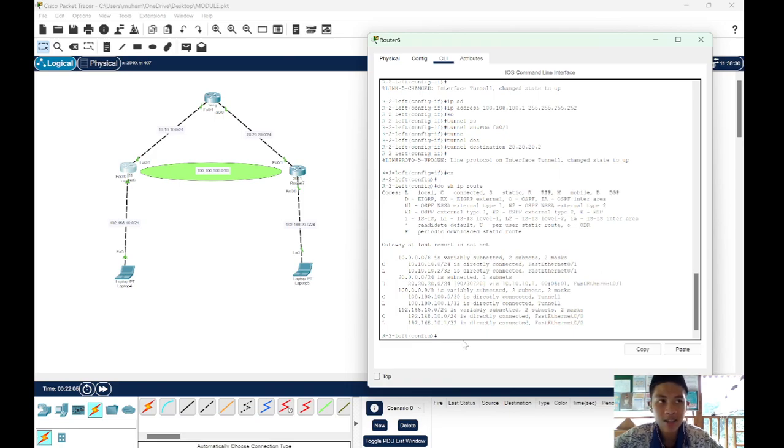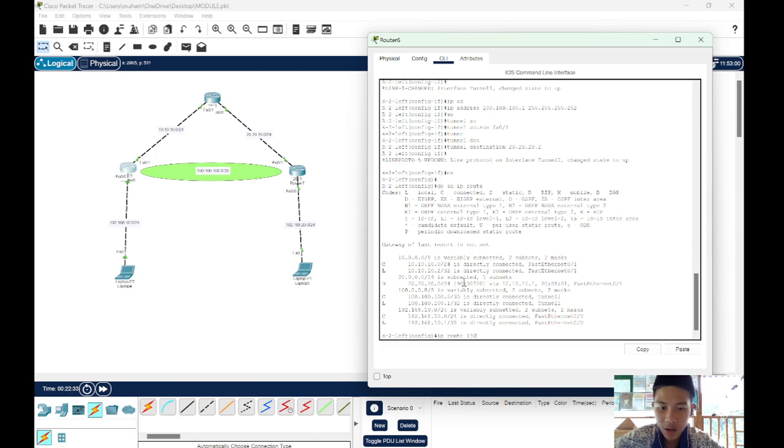At first I said why we didn't use dynamic routing for routing the first client to the second client. Here we need static routing because we will use the tunnel as the gateway. So the command is IP route